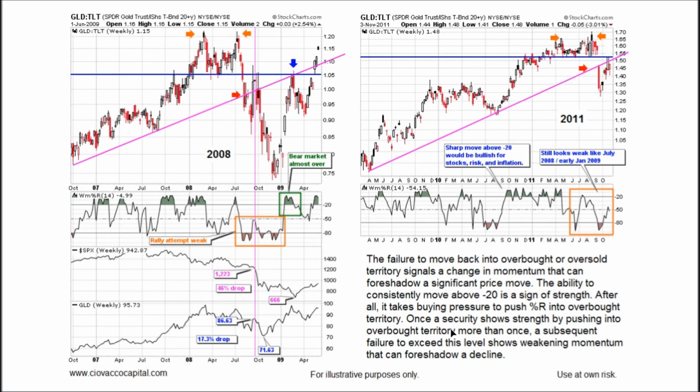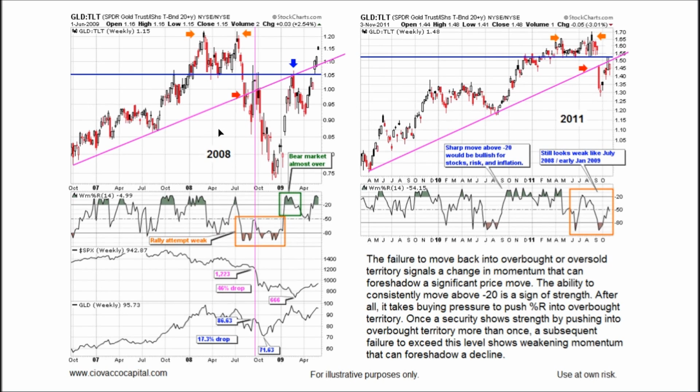I want to point out that this text was taken from stockcharts.com. They do an outstanding job there. If you ever want to learn more about one of these indicators, just search on Google Williams percent R, type this in and add stock charts at the end of it, and you can go to what they call Chart School. They have a wealth of excellent free information that I reference often, just like this. You go back and you read, and you just want to make sure that you're understanding what this is telling you. And it's always good to go back and look at your textbooks and your reference books and keep yourself fresh and up to date.